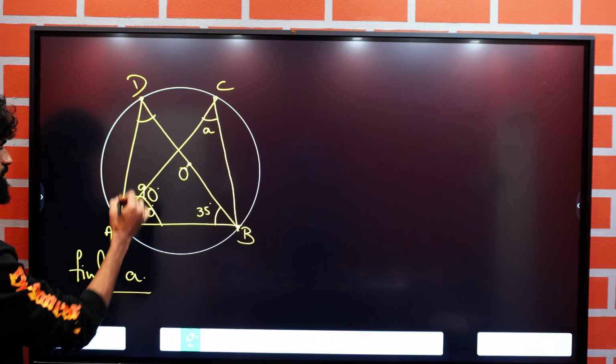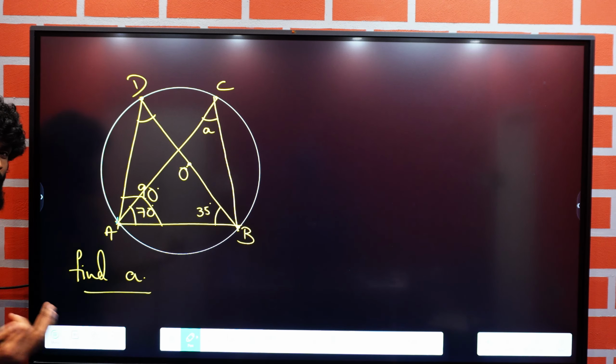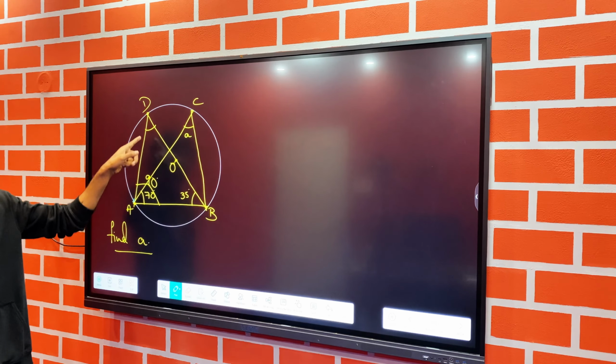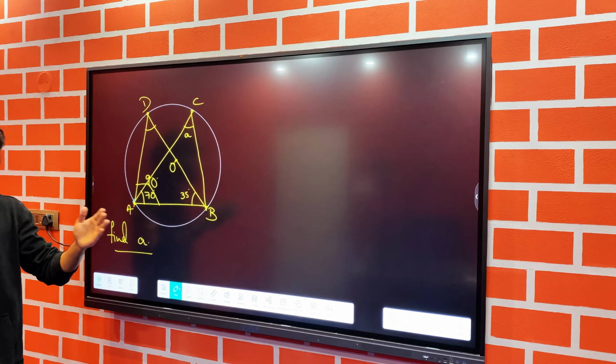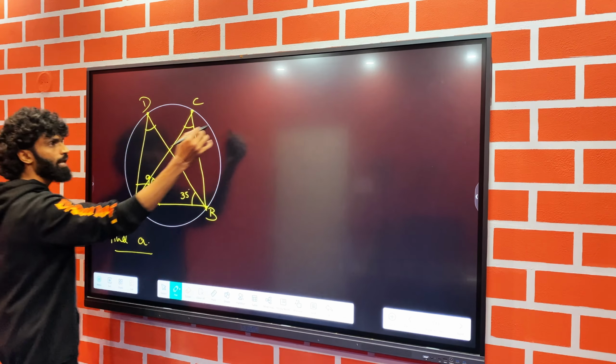So, this DAB equals 90 degrees. This angle is 35. In a triangle, there are 3 angles. If I give you 2, won't you be able to find the third one? Obviously. How do you find? Sum of angles of a triangle will be equal to 180 degrees. Whatever, so based on triangle